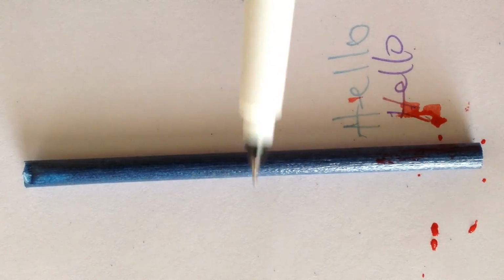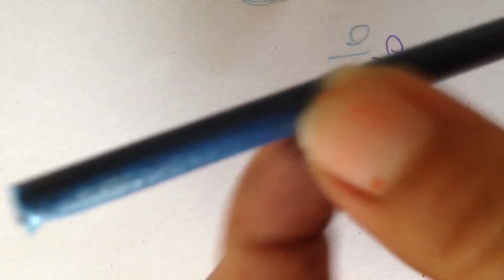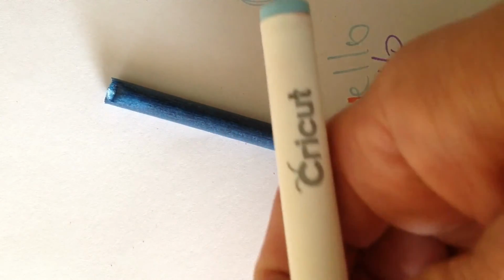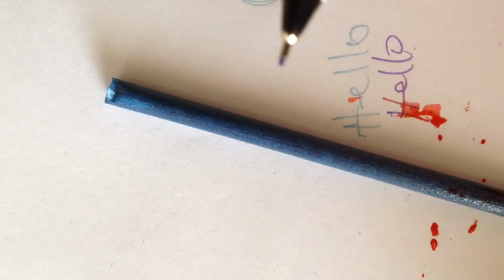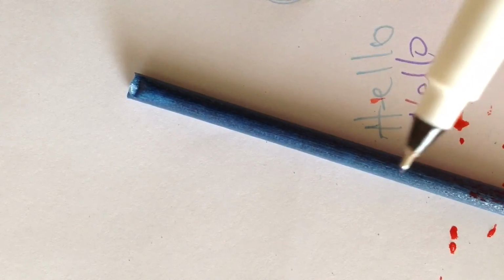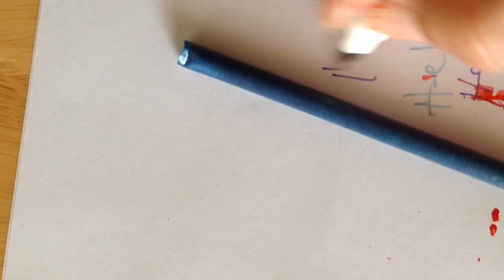Additionally, another thought I had after I did this was, even with the original ones, if they run out, you can refill them with the ink drop pens and re-soak some ink into this, but this way would help for any other color that maybe you can't find an ink squash for. So you know it's going to fit in your Cricut because it's the Cricut marker. It's a thin tip, which is what I'm often looking for, whereas some of the pens that are suitable and do fit in the Cricut machine don't necessarily have the thin tip that I'm looking for. So this is definitely a workable